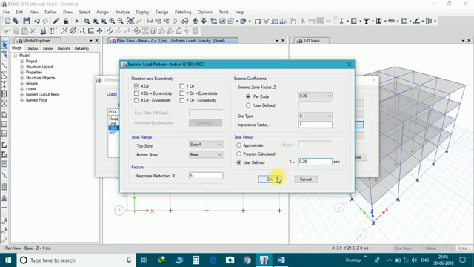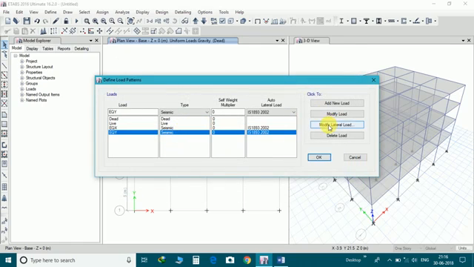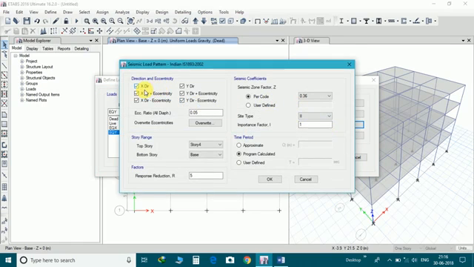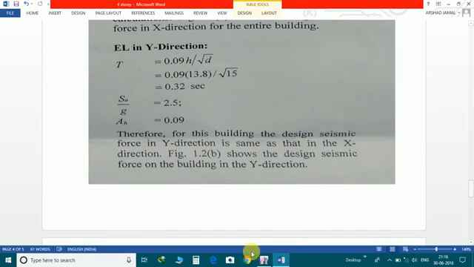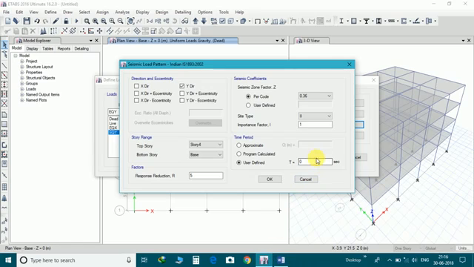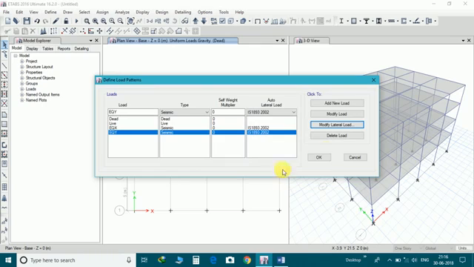Define the T value, okay. Modify it along y direction only. User defined value along y is 0.32. Okay.